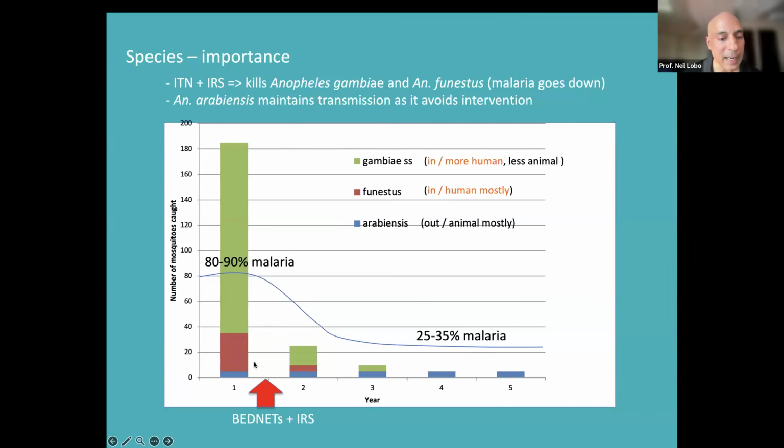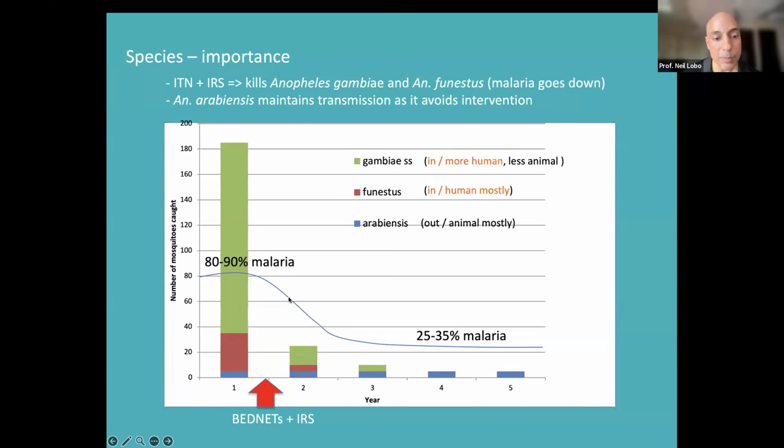And what happens when bed nets and IRS were introduced? As we went over in previous slides, this would impact some mosquitoes specifically. And the first impact you'd have, since you're changing transmission dynamics, is on species composition. So the mosquitoes most impacted would be the ones, how do bed nets function? Indoor biting, human biting, right? So the most impact would be on the red and on the green. The red went down, the green went down. And the blue, Anopheles arabiensis, which was outdoors and fed on animals, didn't change much over time.